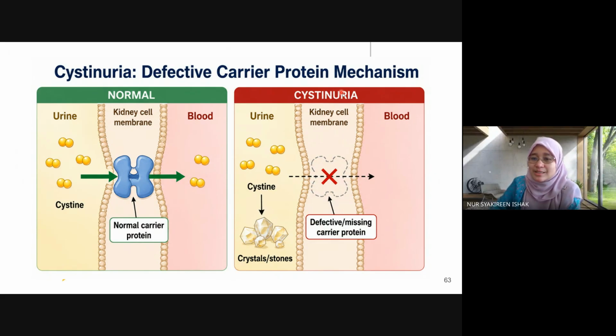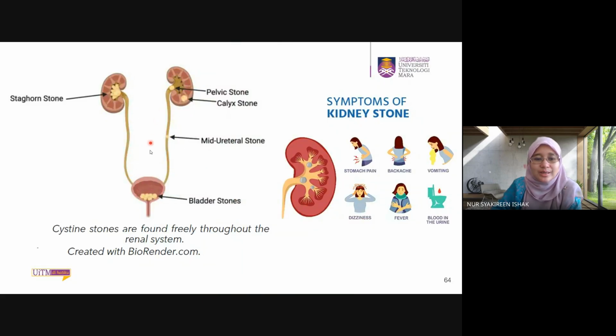But for those that have cystinuria, this carrier protein is either defective or absent, missing. So the cysteine will accumulate in your kidney, in the fluid that will become your filtrate, your urine, and can become crystals and stones. So it gets stuck in the kidney or the urinary bladder, as you can see here. This is the structure of nephrons. So you have the formation of kidney stones in the kidney, or stuck in the ureter, or stuck in the